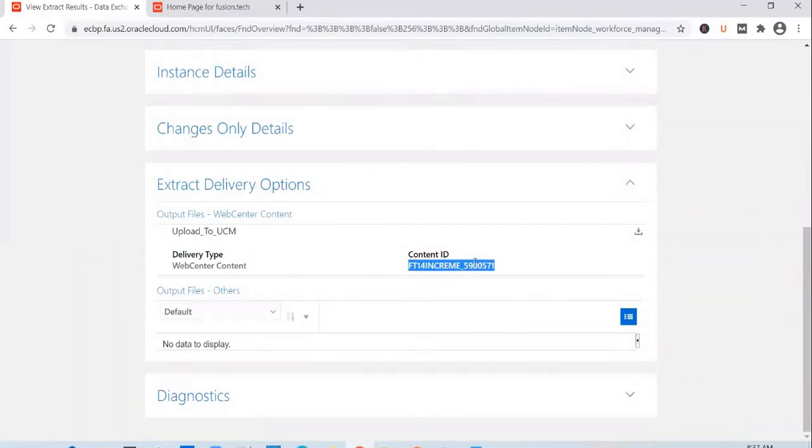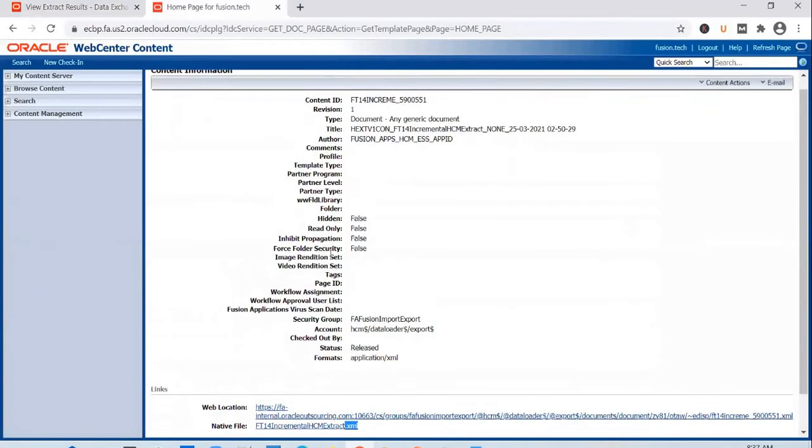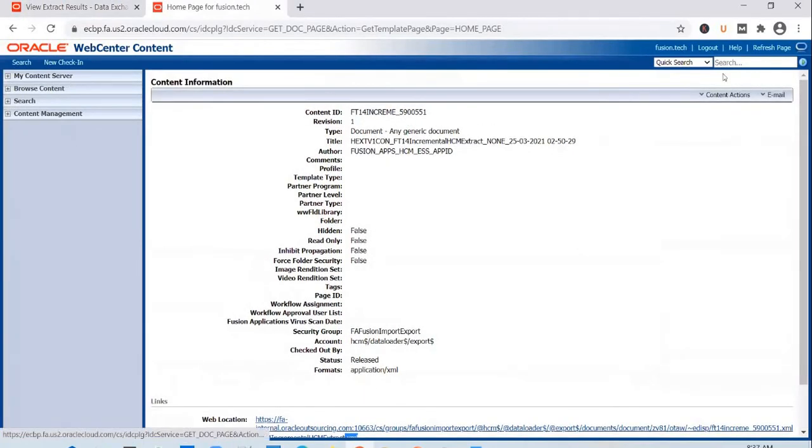You see the output generated again. Search for this content ID. Not sure why it's taking so much time.